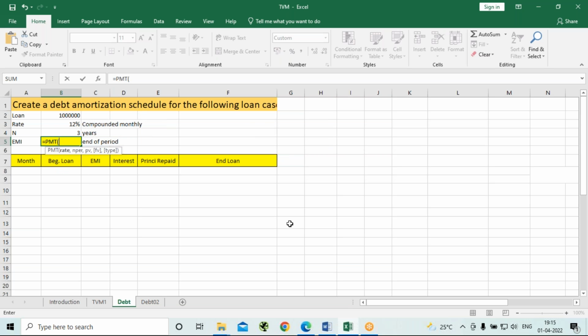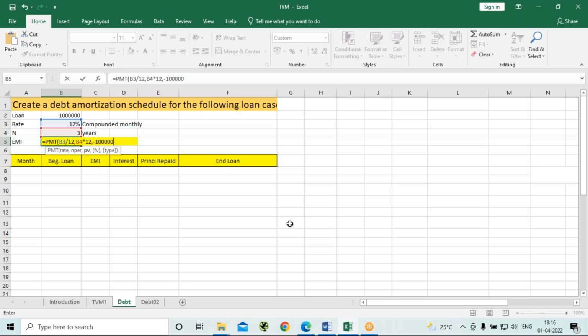It asks for the rate. Instead of me writing 12%, I'm going to select this, comma, N per. Okay. Since it is every month, I'm going to divide it by 12, comma, this into 12, comma, minus